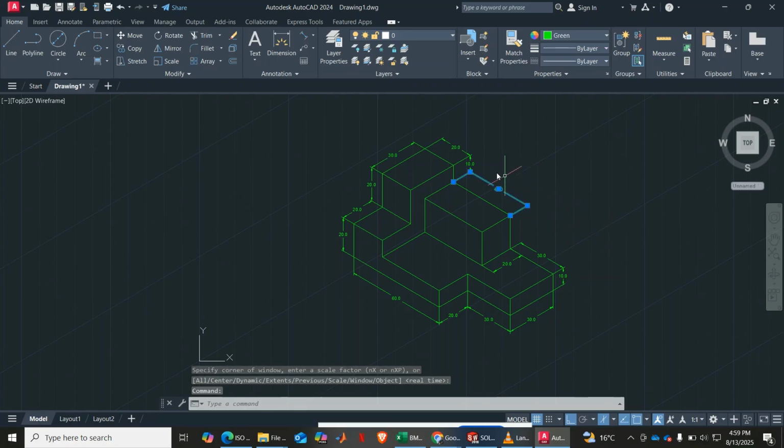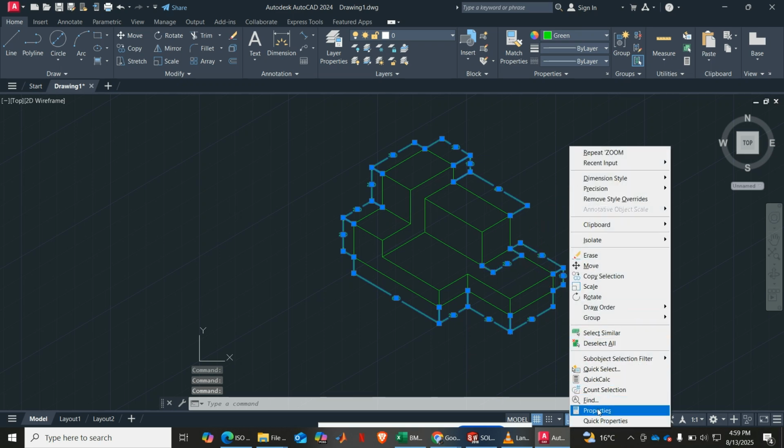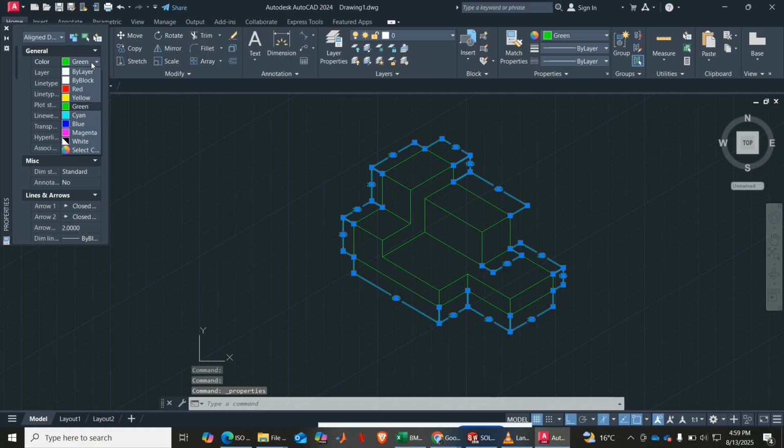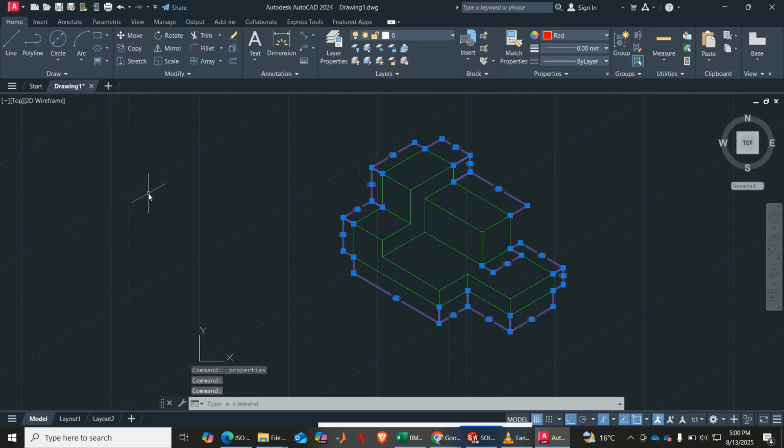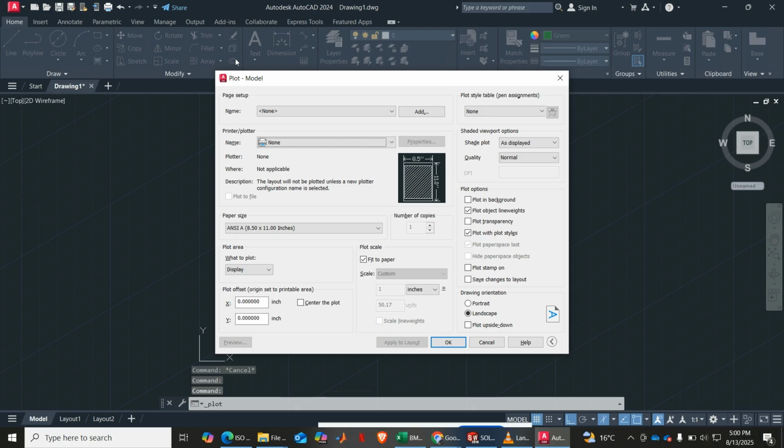And then I can click these dimensions and I can change their color, make the line size thinner so that it's faint, right? Select all these dimensions, select all of them, then right click, say properties. So we can give it a different color. Let's say they are red in color, and then line weight, let's say it's 00, and then close here, and then escape. Right, so if we say Control P so that we preview,